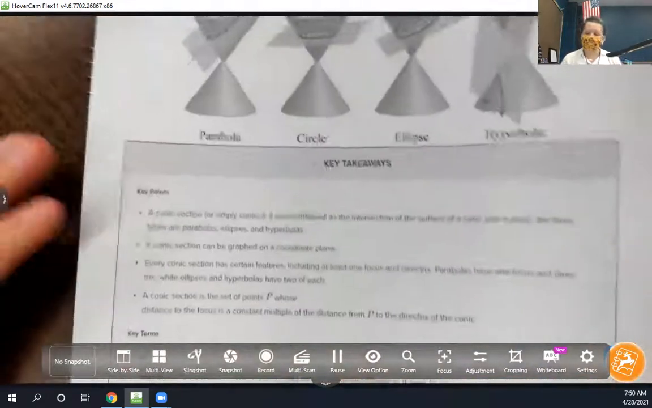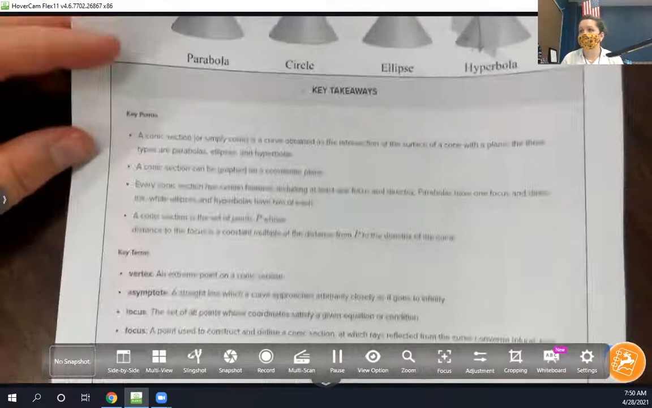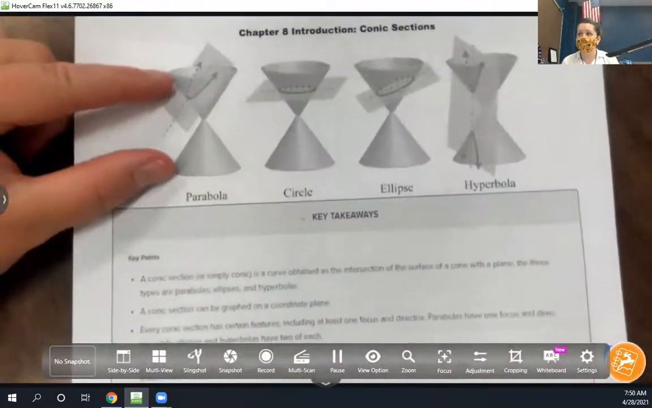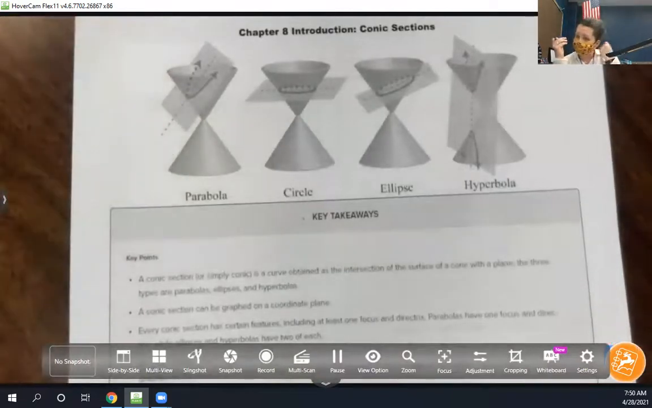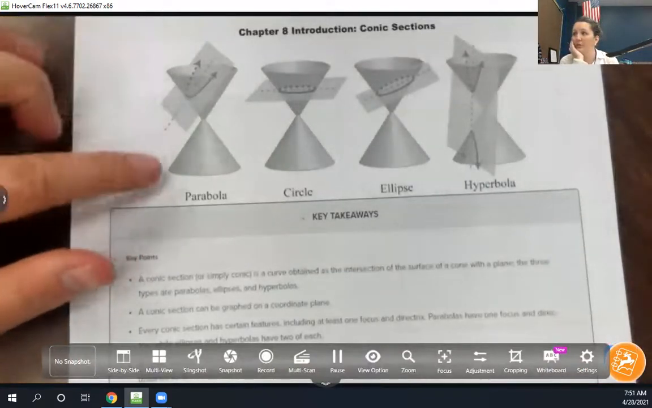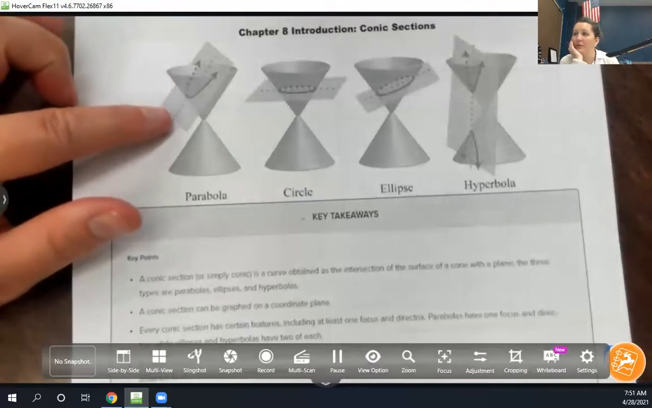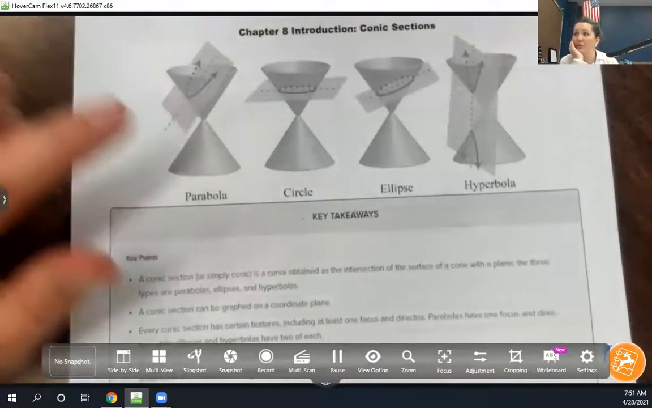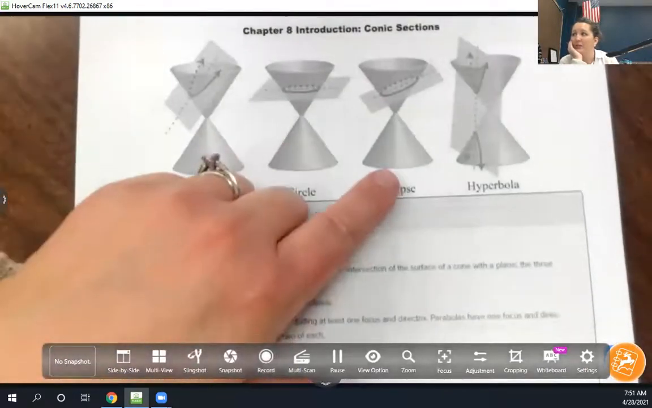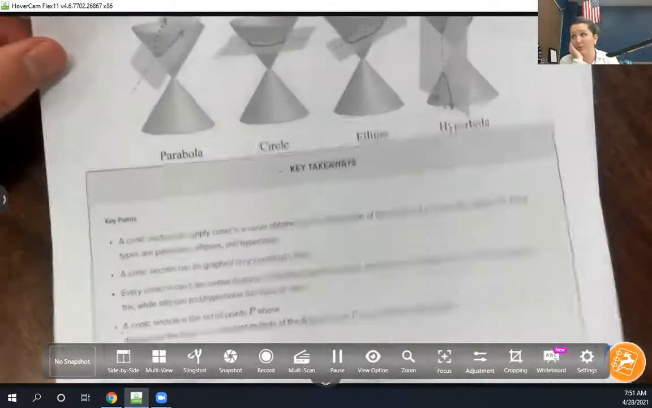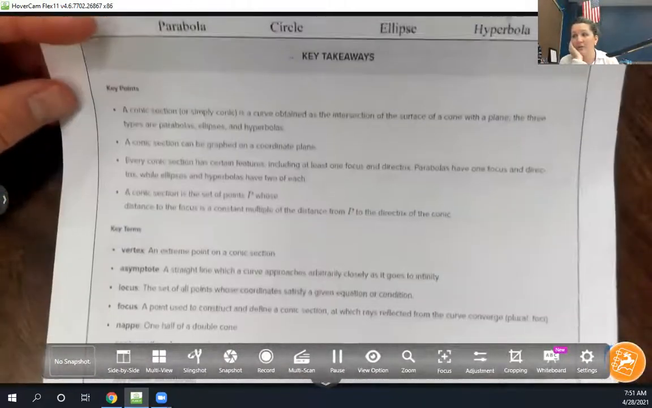So I'm going to let you read these on your own, what conics are. You can tell that conics are the intersection of a plane with two inverted cones, a cone and an inverted cone. So you can see that this plane here intersected with this cone creates a parabola, a circle, an ellipse, and a hyperbola. The video really does a good job of just explaining what that looks like and all of the